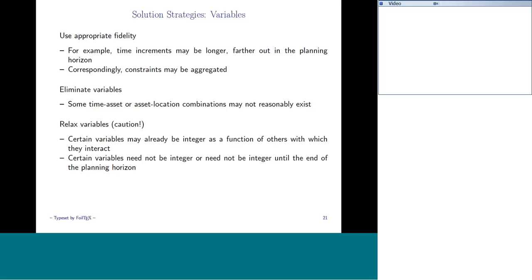Instead, you'd probably want to say, well, there might be certain systems that can't come online in certain time periods based on the fact they're simply not constructed yet, or whatever the case may be. And so we went ahead and eliminated variables a priori from the formulations, rather than constraining them in, saying you can't really do this, setting the variable to 0 and then eliminating it. That's very inefficient.